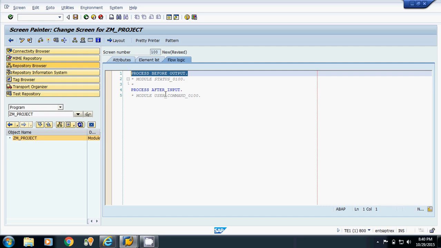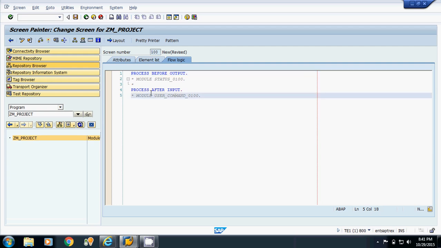If you want to provide some default values to the screen, you can give those values in this event, because it is called before displaying the screen. If after passing the input you want to perform some action, you write the logic in the process after input event. If you want to navigate from one screen to another, you can also write the logic in the process after input event.